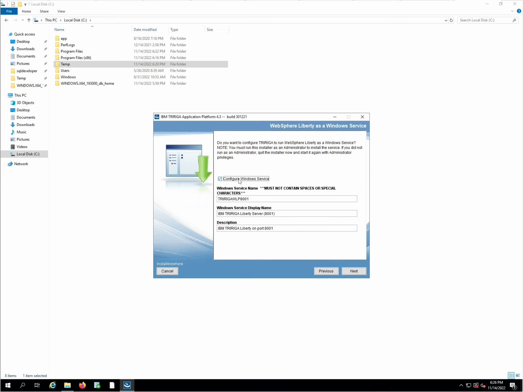I do want to configure this as a Windows service because I want the TRIRIGA instance to start up when I boot up this particular server. The name IBM TRIRIGA is fine. You can set the service name and other details however you need to. If you're installing multiple versions of TRIRIGA into the same box, you're going to need to change that data so that you don't